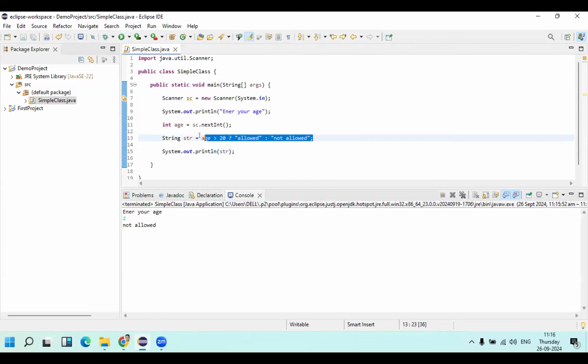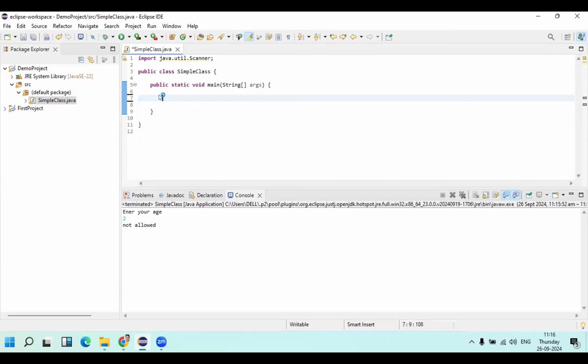So here, let me remove these things. We don't need the scanner things. Suppose I want to print numbers from 1 to 10. What I will do is simply write down the initial condition. Suppose we have int variable i equals 0. Suppose we want to print 1 to 10. So i should be less than 11, because it should go till 10, and then i plus plus,